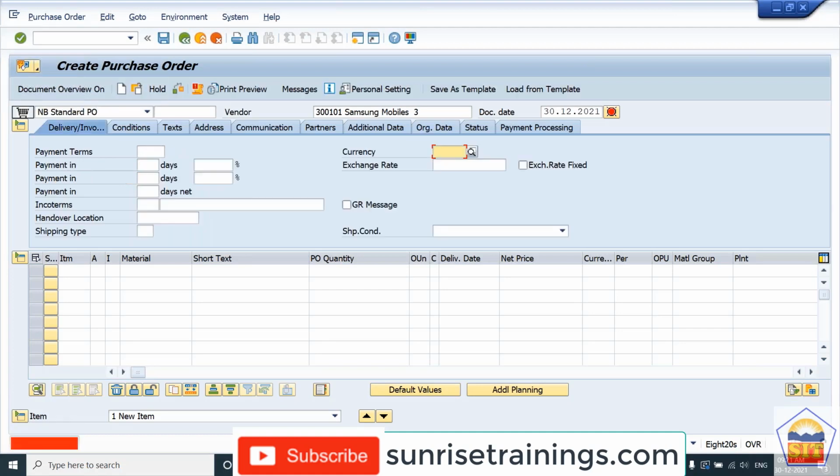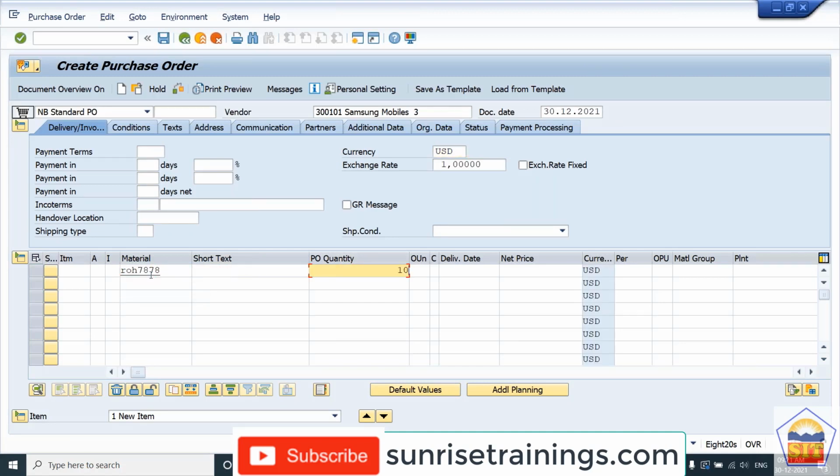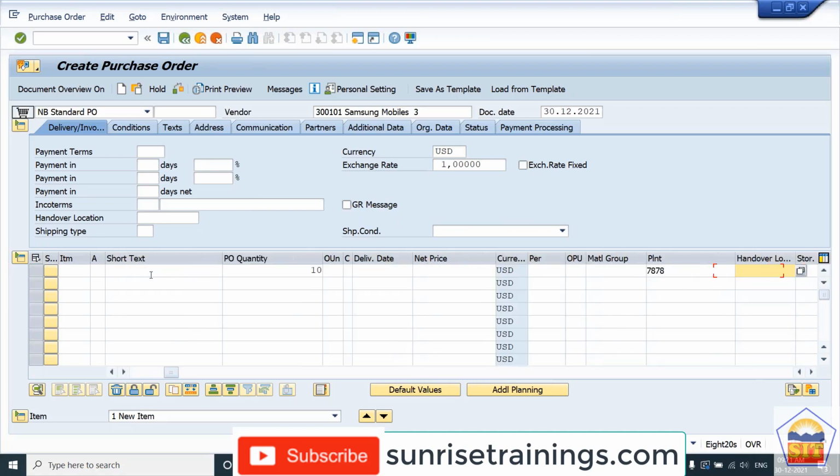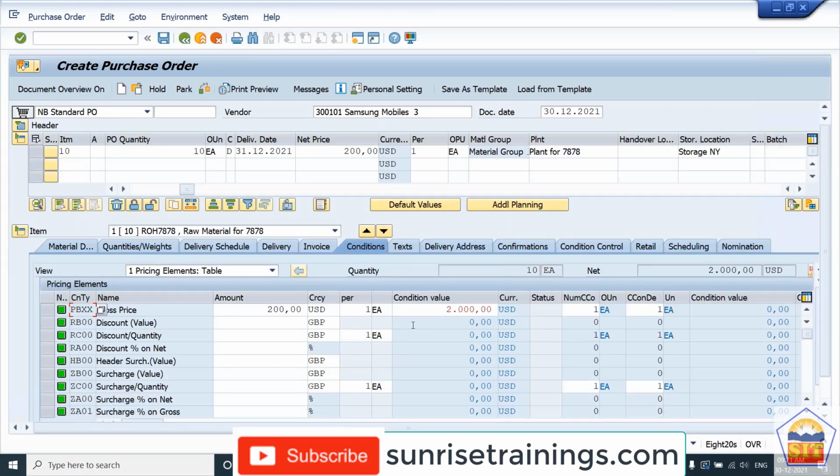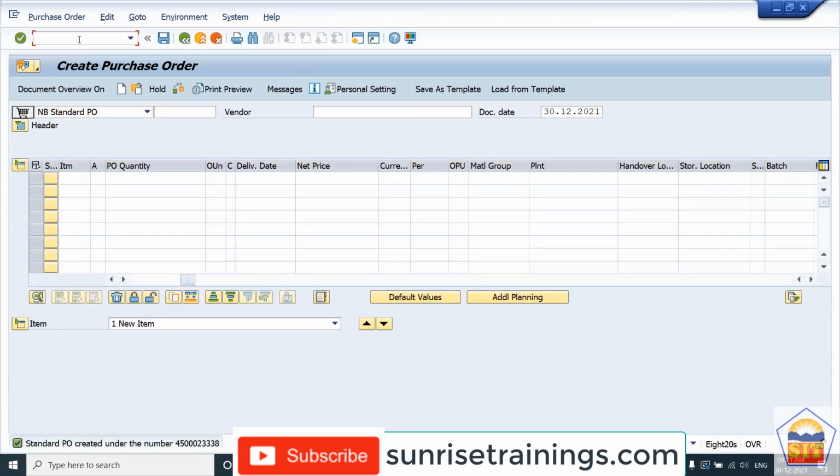Currency, we need to maintain the first tab, that is the delivery or invoice tab, USD, default currency, and material, quantity 10, and price, plant is 700, storage is 700. So system has taken the last amount we have entered, 200 into 10, 2000. So we can post it and we can go for the